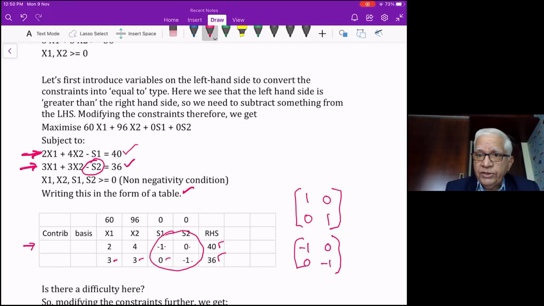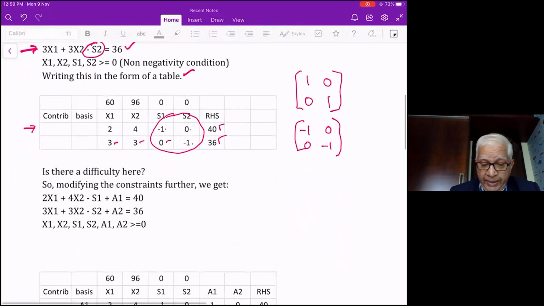If you recollect yesterday's problem, S1, S2, S3 were the basic variables because S1, S2, S3 formed the identity matrix under them. S1 column was reading like 1 0 0, S2 column was reading like 0 1 0, and S3 column was reading like 0 0 1. Therefore, we could say confidently that S1, S2, S3 form the identity matrix. So we had written identity matrix under S1, S2, S3, and the same became the basic variables. Now here the difficulty is there is no identity matrix.